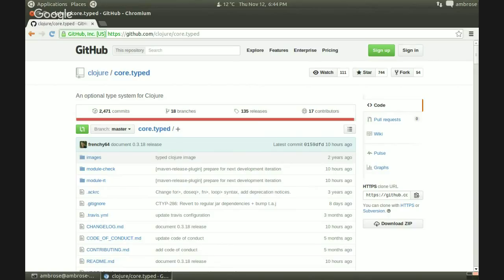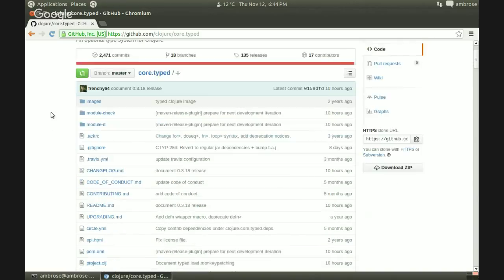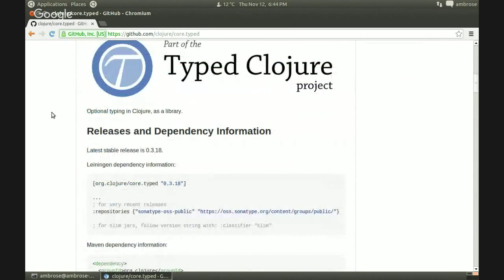So I guess this presentation is basically as if I was over your shoulder and just leading you in the first steps of typed Clojure. So just really simple stuff to start off with, things like how to get the right dependency strings and all that. So step 0 is go to the typed Clojure